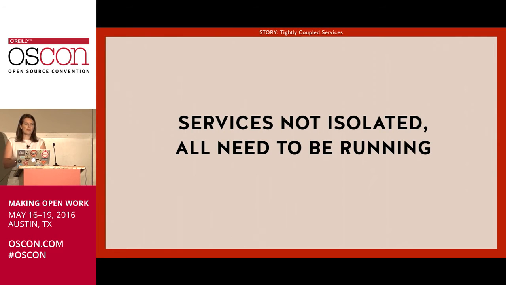So maybe that's okay. Maybe those services are very similar and it's easy for you to spin those up right next to each other. But what if these 2 services are very different? What if your team is only responsible for one of the services, service A? And you know about that code base, but you don't know anything about service B. But yet, you still have to have it in your dev environment. What happens when service B is broken in your dev environment? Maybe somebody pushed a bug, or it's out of date or something, and it's broken in your dev environment. And you can't work on service A because service B is broken, and you don't know how to fix it at all.